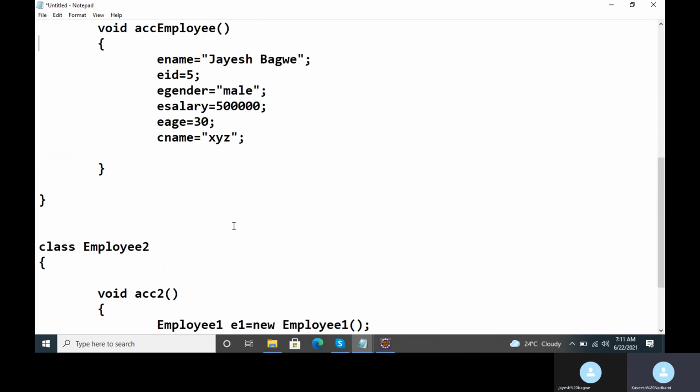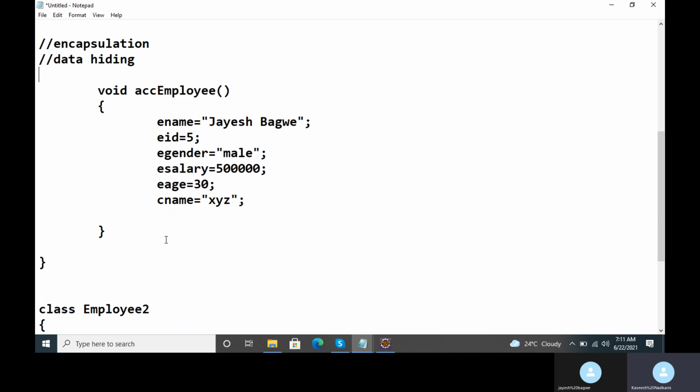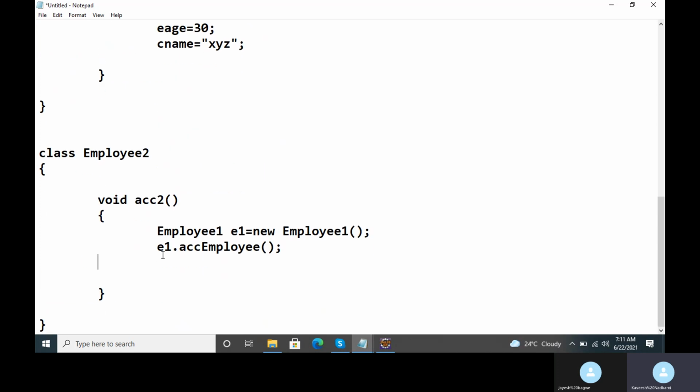Now, I am able to indirectly access the data members for E1 object by calling this member function accept employee on E1 object. But still I will be able to directly access the data members for E1. It means even if I write E1.ename is equal to whatever, E1.eid is whatever, you will not get any error here.